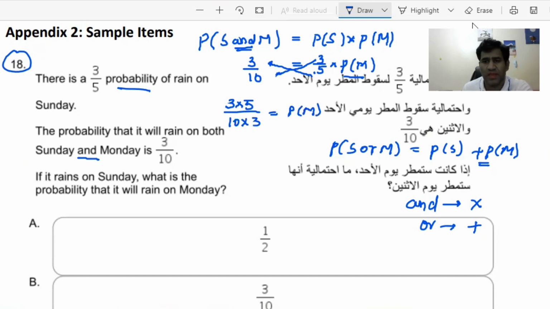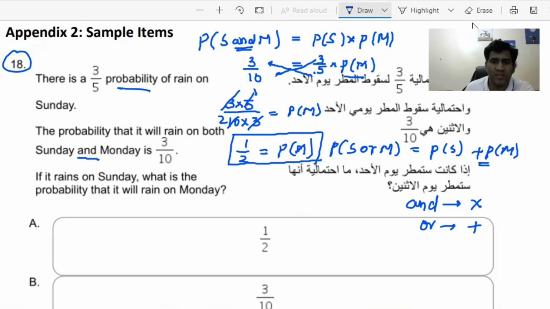Anyway, this is a calculator question. You can just put it in and simplify it. All right, so 3 and 3 get cancelled out. 5 times 1, 5 times 2. Then I'm getting 1 by 2. It's basically the probability of Monday. So the answer to this question, the probability of raining on Monday, is half. Or we can also say 50% or 0.5. These are the equivalent options they might give you. So A is the right answer here, right?